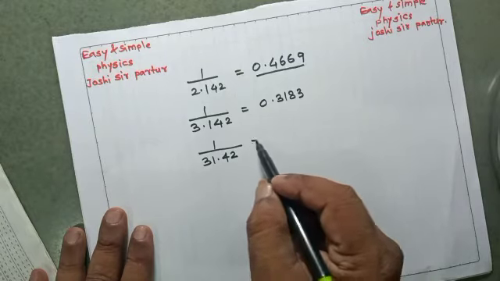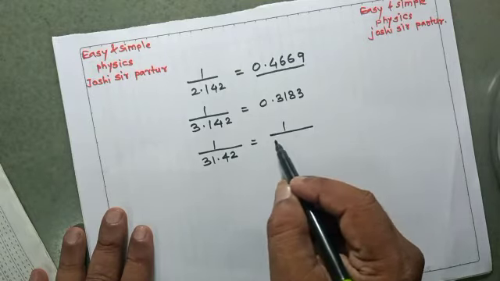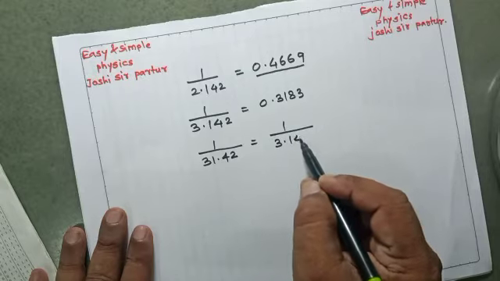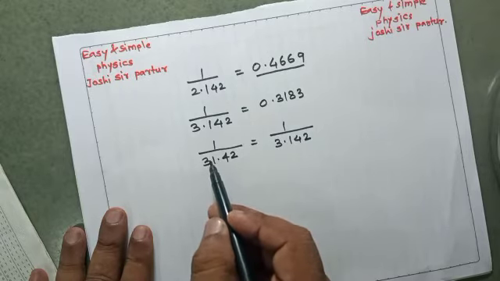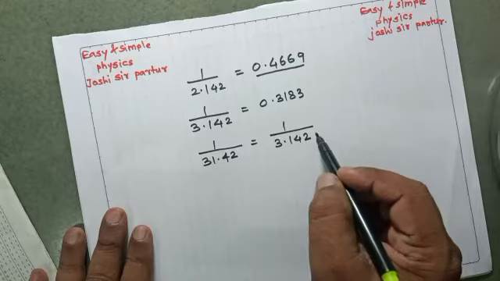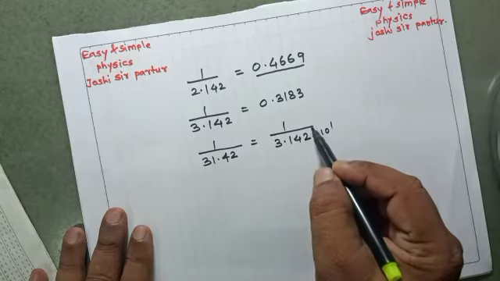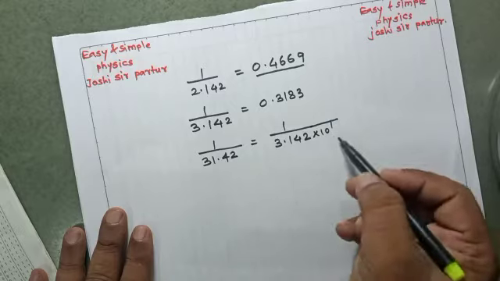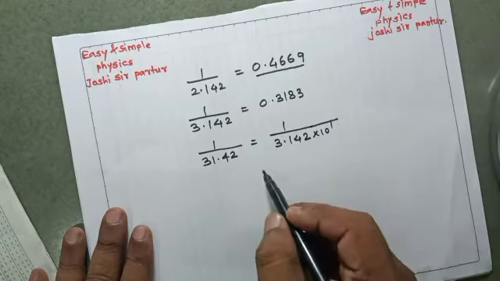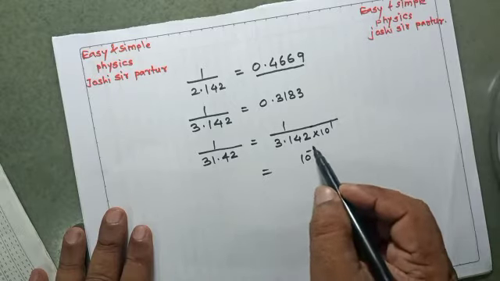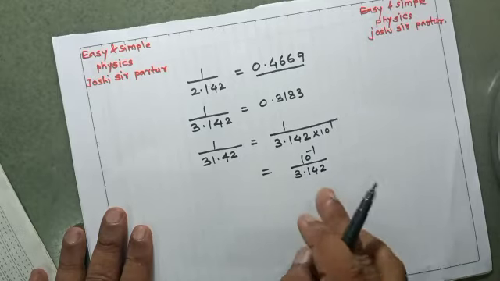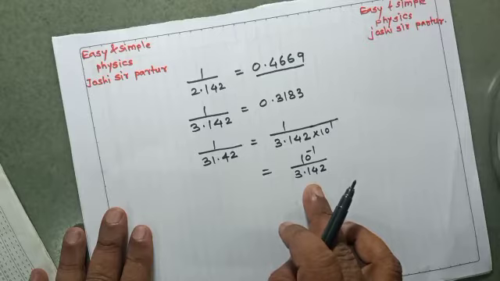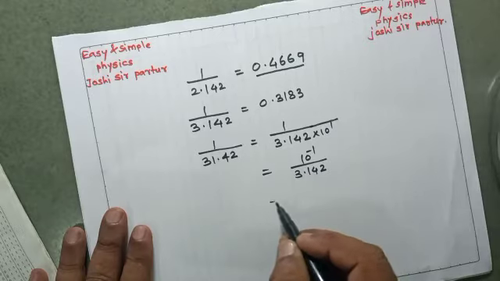So here the answer will be 1 upon 3.142. It means the decimal is shifted in the negative direction, so it will be multiplied by 10 raised to 1. That 10 raised to 1 is shifted to the numerator, that is 10 raised to minus 1 upon 3.142. We can see 3.142 having reciprocal